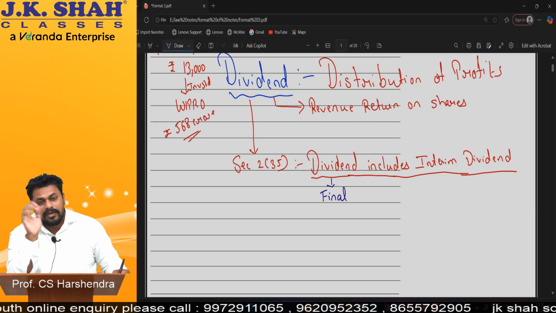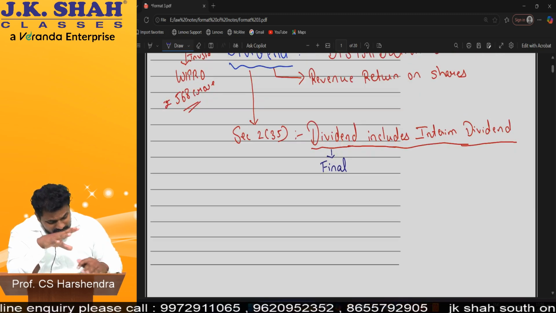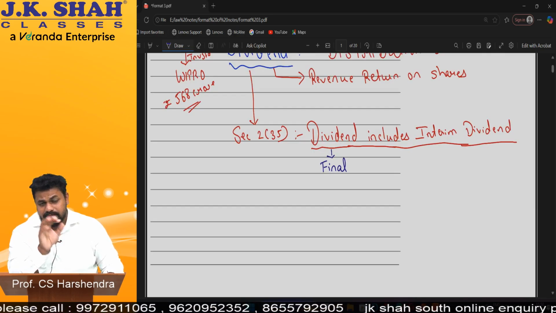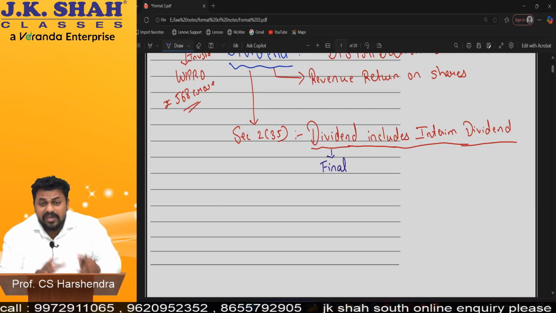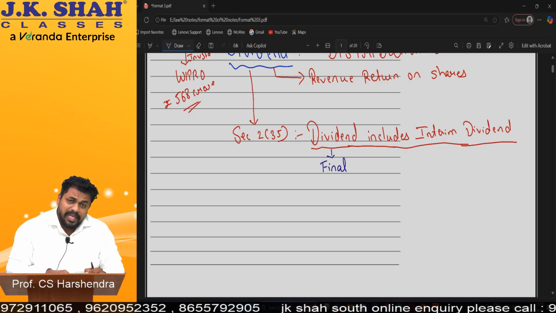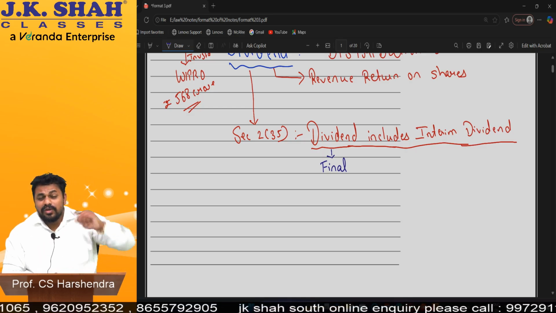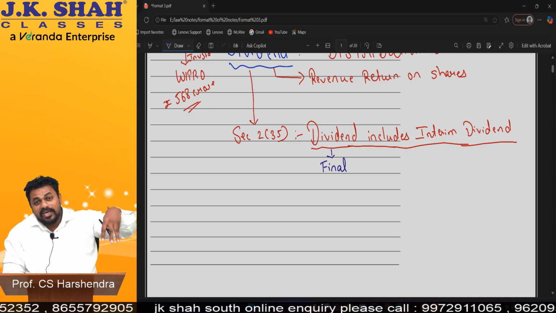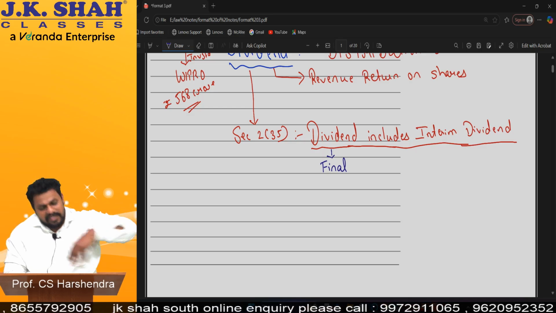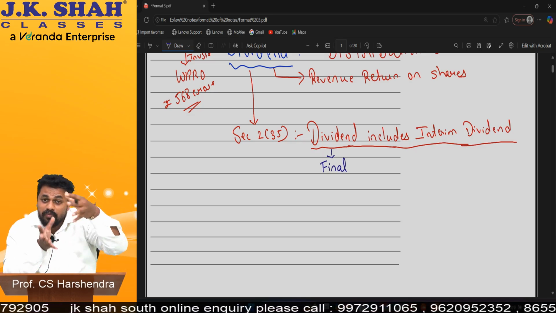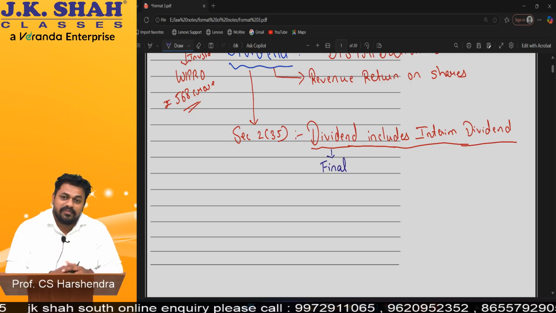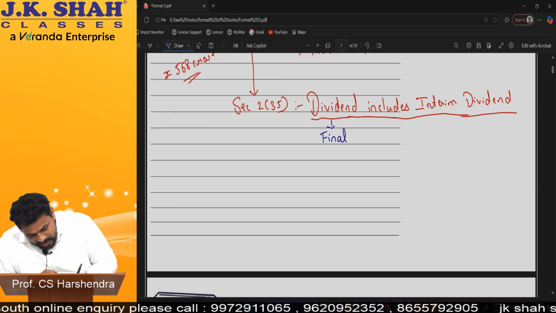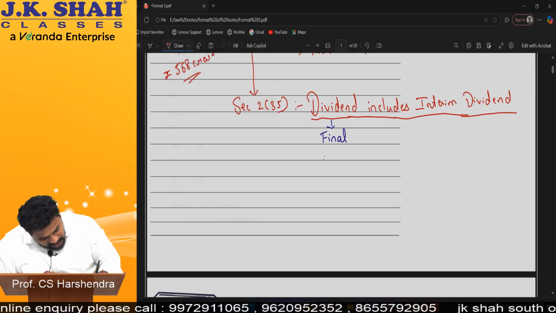Am I clear? So sir, by this up till now I understood there is no one type of dividend. There is more than one, final, interim and all. Yes, that is the reason the first topic which we need to understand here is classification of dividend. Do you remember we studied classification of company on certain basis? Here also beta will be first studying classification of dividend. Once we finish that, then we'll go as what the law tells. Up till now law has not started. First we'll finish the introduction, then we'll come to the law. That's it. Sir, let's understand the classification.